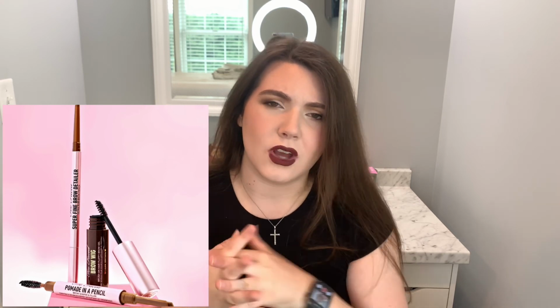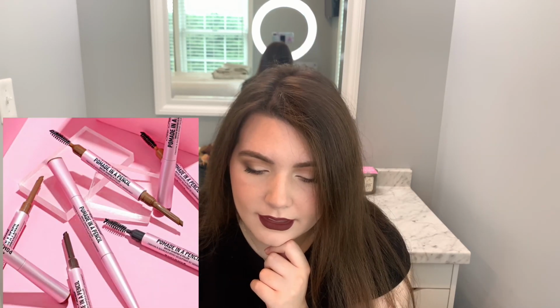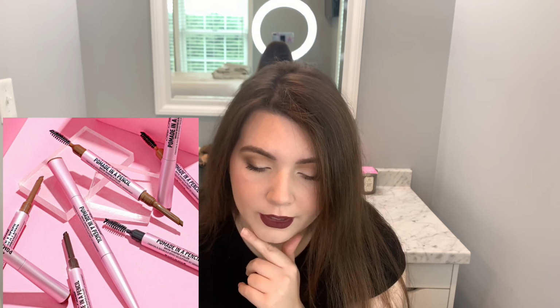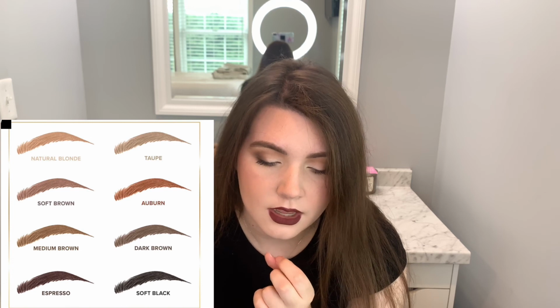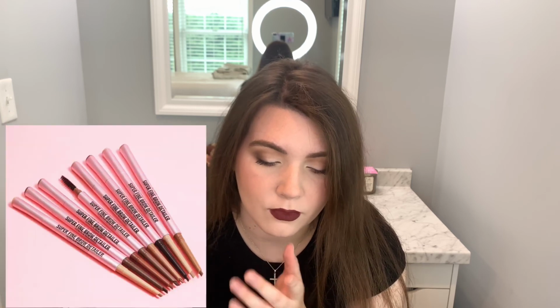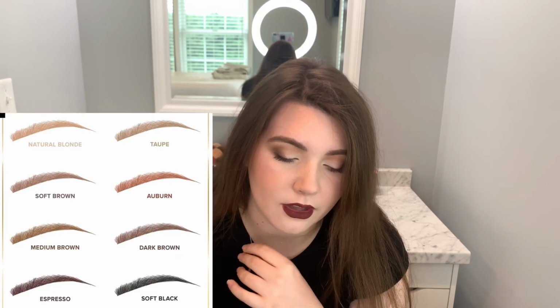Next thing is the Too Faced Brow Collection. So I feel like no one is really talking about this, which is kind of surprising, but there's actually been quite a few brow products that have dropped, and the only one I've heard people talk about is the Huda Beauty one. But yeah, so they came out with a pomade and a pencil brow shaper and filler that is $23 and comes in 7 shades. And then they came out with a regular super fine brow detailer pencil, which is $23 and comes in 7